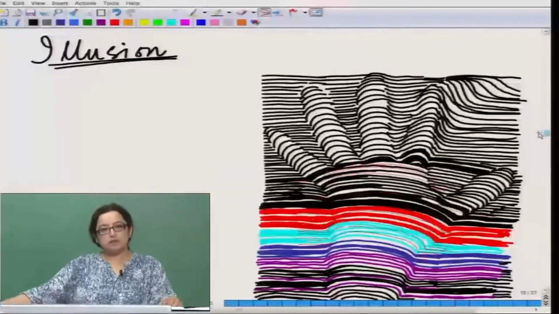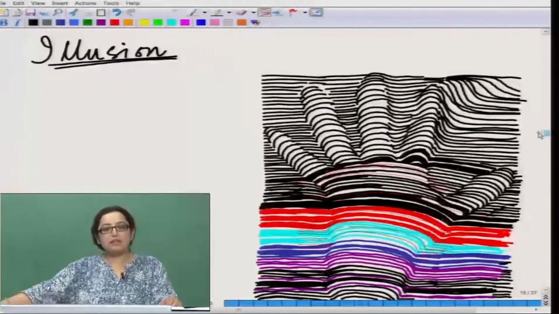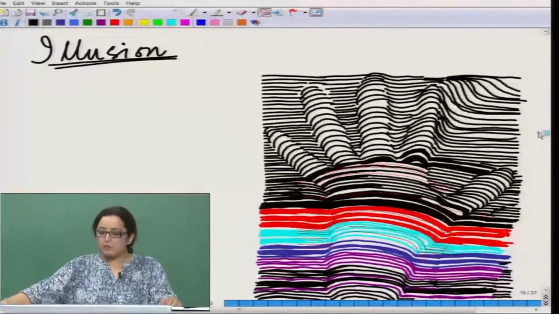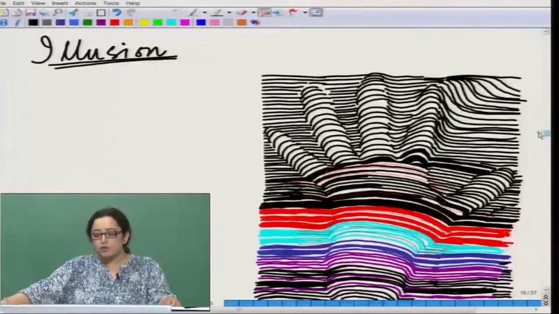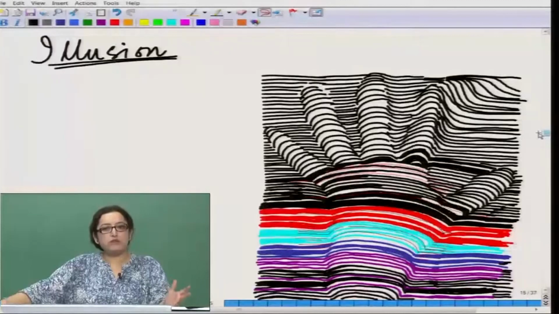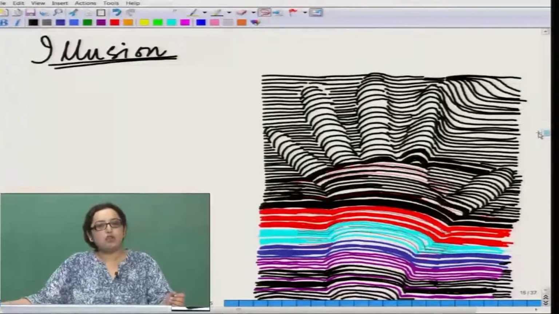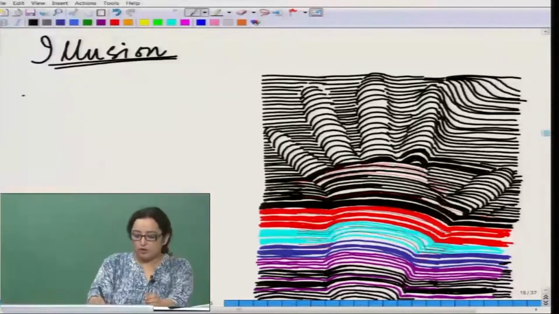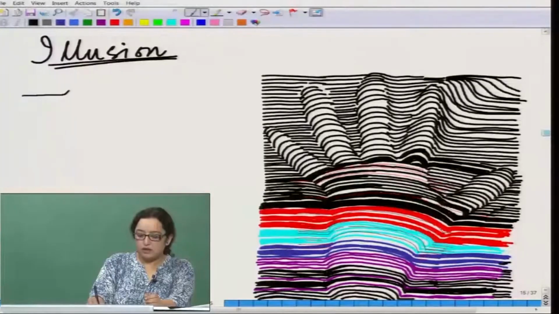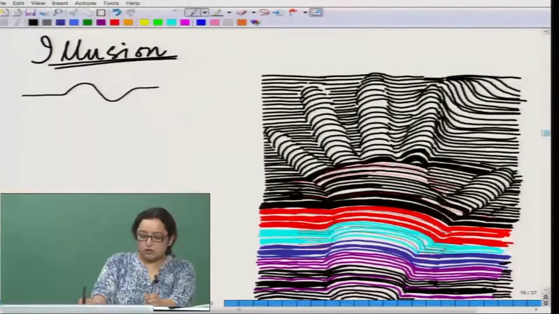So, shown in the picture are a few lines that are going in an almost parallel order. They are more or less parallel to each other. What is interesting is that because of the different formation, it gives us a space which is three-dimensional, and it also gives you a sense of movement. It is almost like how a ripple or wave gets generated on water. So, we see a surface which is having a lot of ups and downs in a very smooth order. So, we are creating a line that might go up, go down, again go straight,